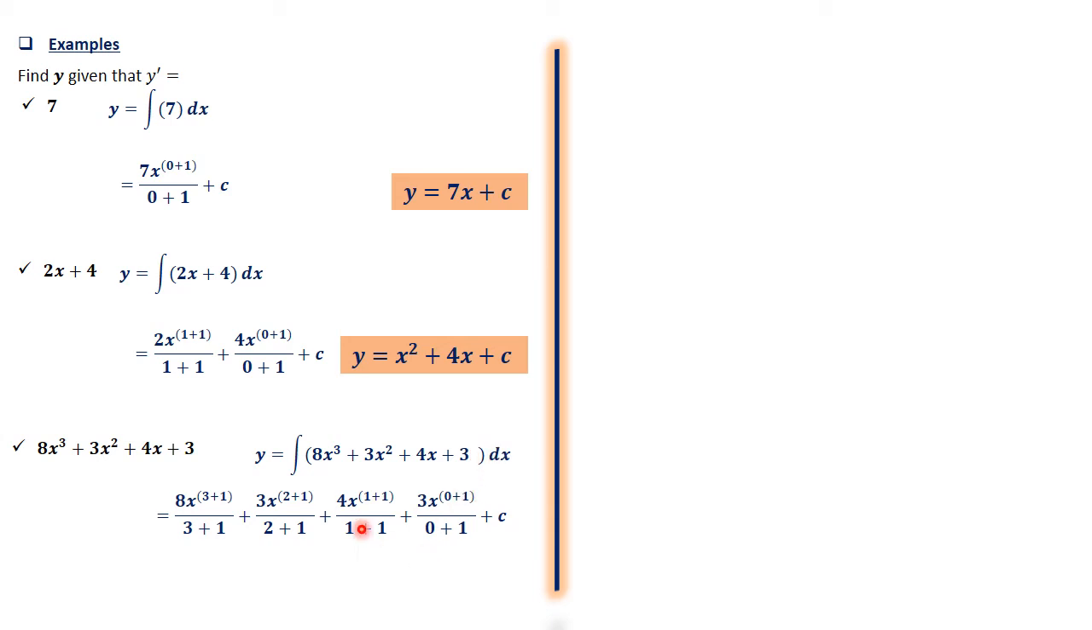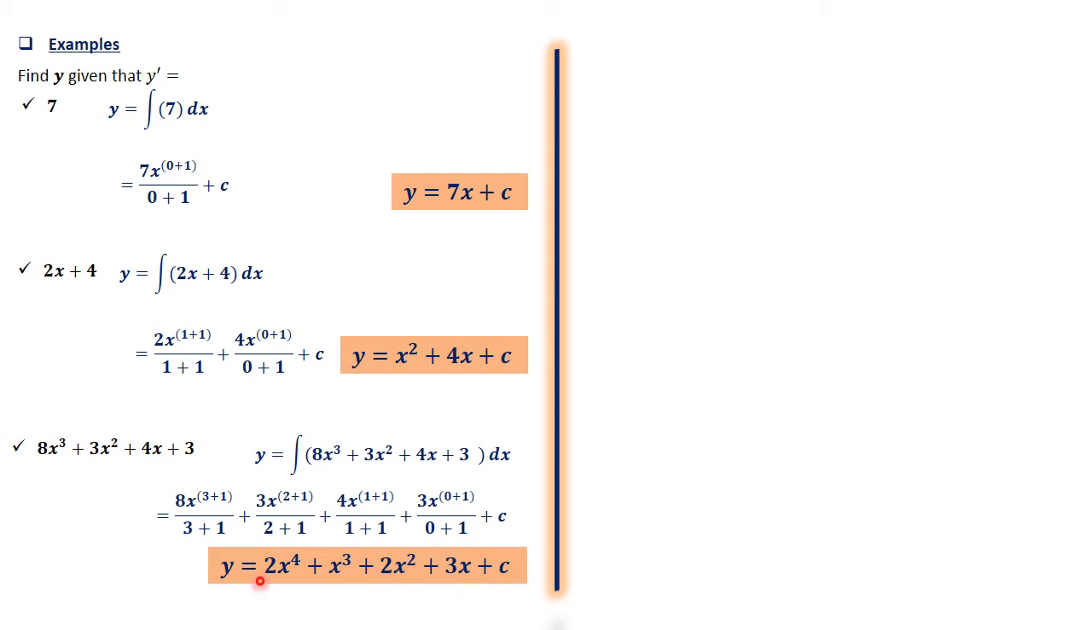And the constants remain, the 8, 3, and 4. Therefore, again we add c, and that's what we have there. Going forward, the answer is 2x raised to power 4 plus x cubed plus 2x squared plus 3x